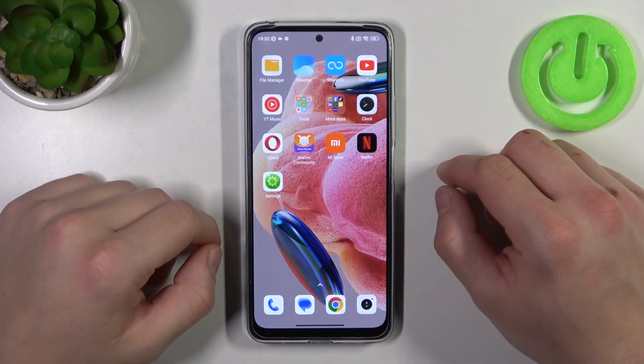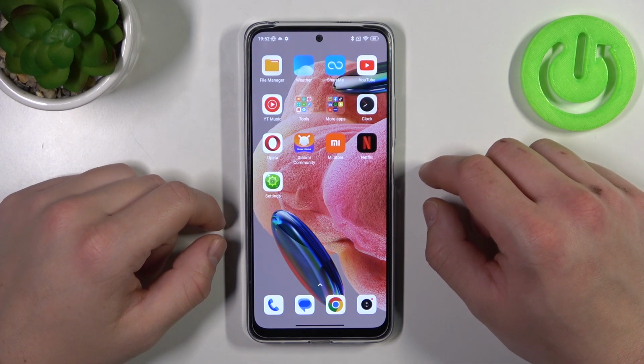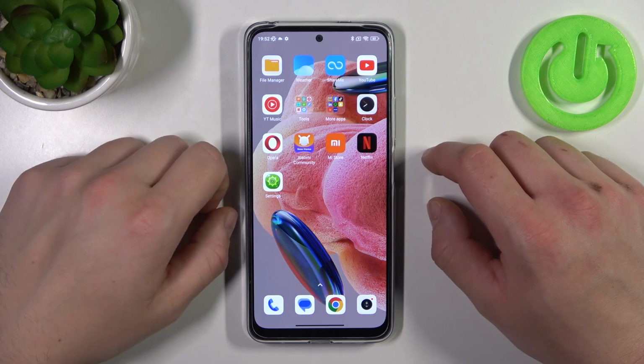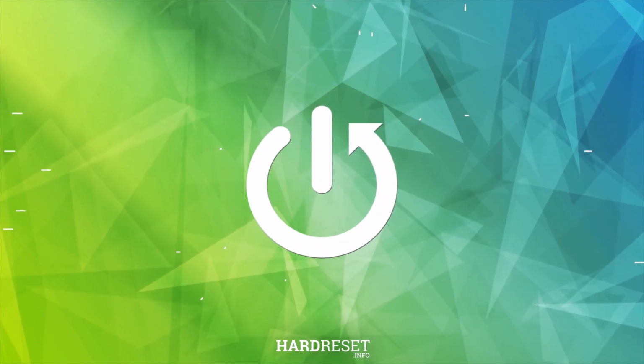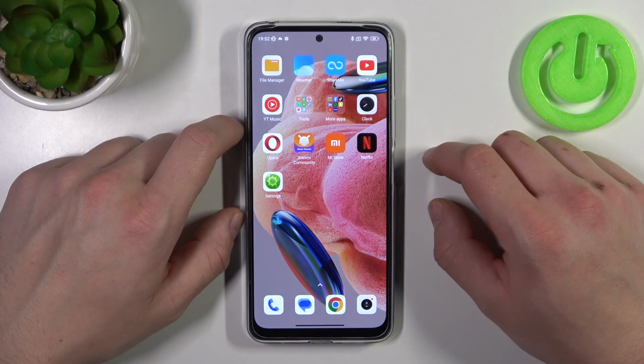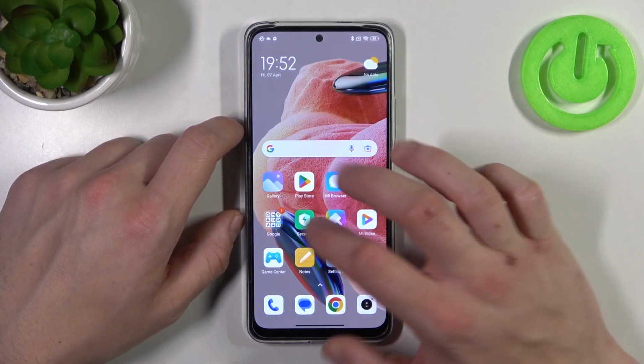Hello, in front of me I've got Redmi Note 12. In this video I'll show you how to use Google Assistant on lock screen. In the beginning, let's go to Google app,